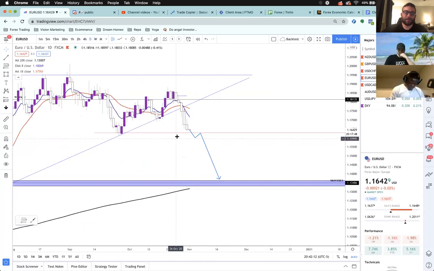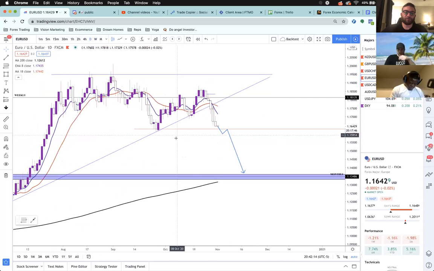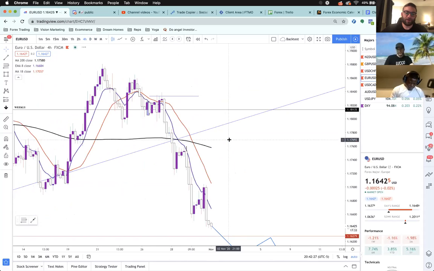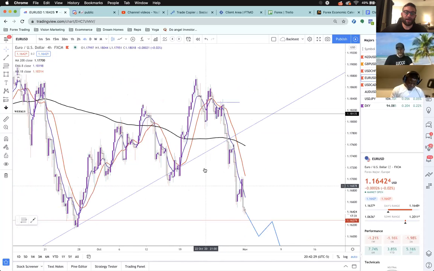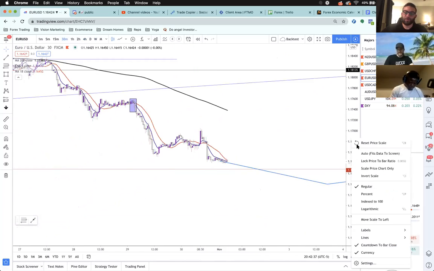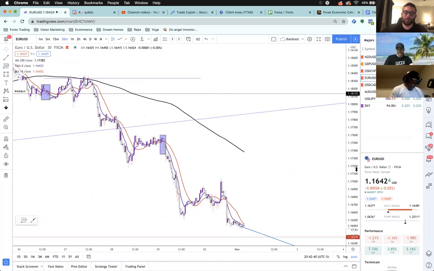And down to the daily, this is pretty much what we're looking for. This pair right now on the daily is at a low. The lower high was up here, the potential lower high, potential entries, all that. So right now we're just at a low. 4 hour time frame, same thing, guys. We're just at a low right now. So the only way that I would enter this without some sort of 4 hour pullback is if we move lower than this